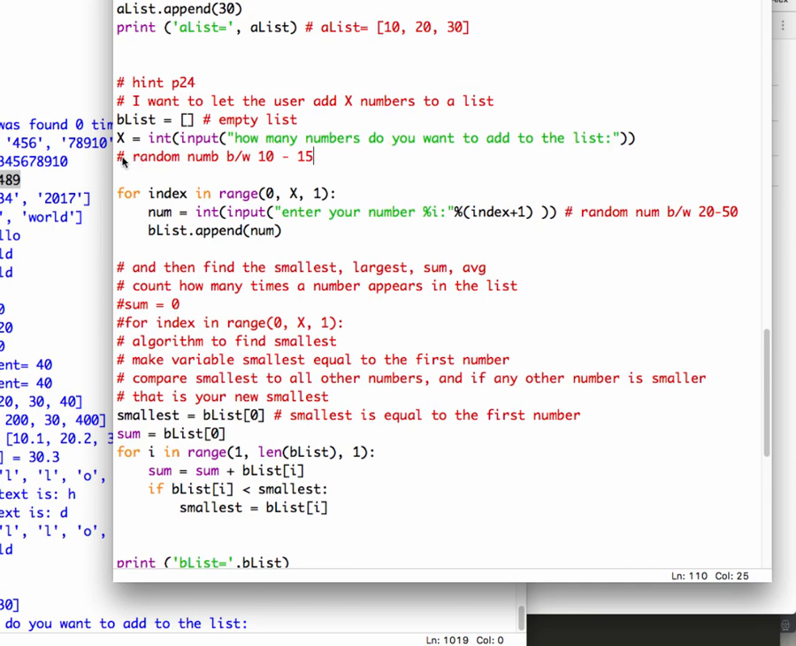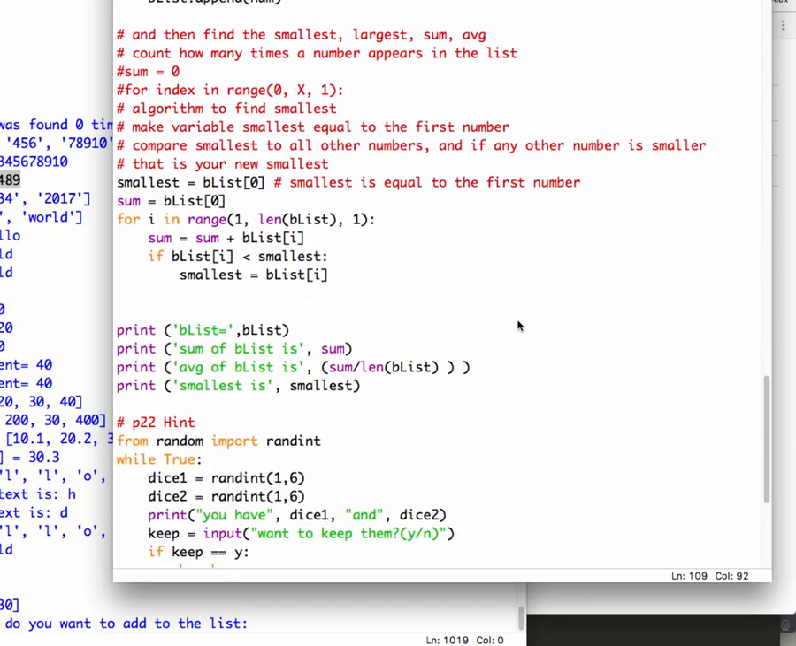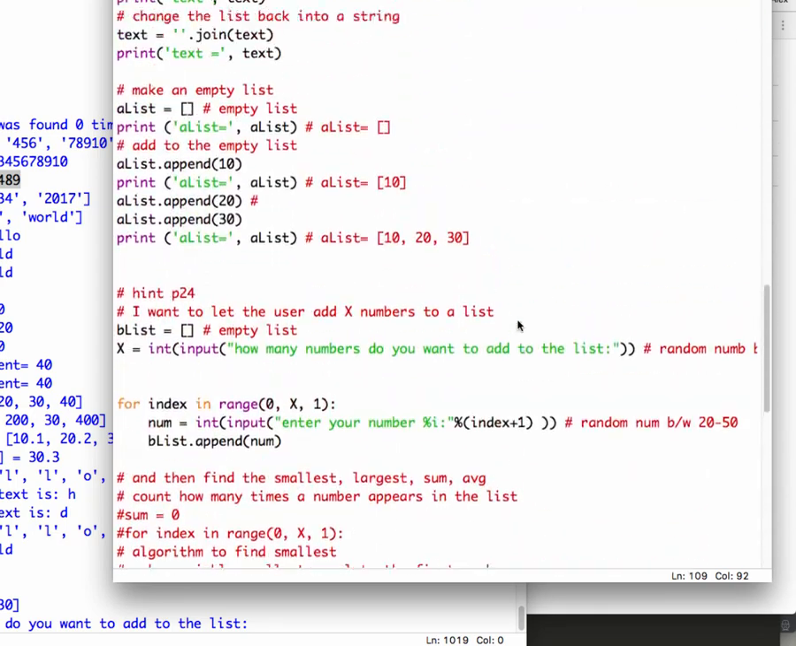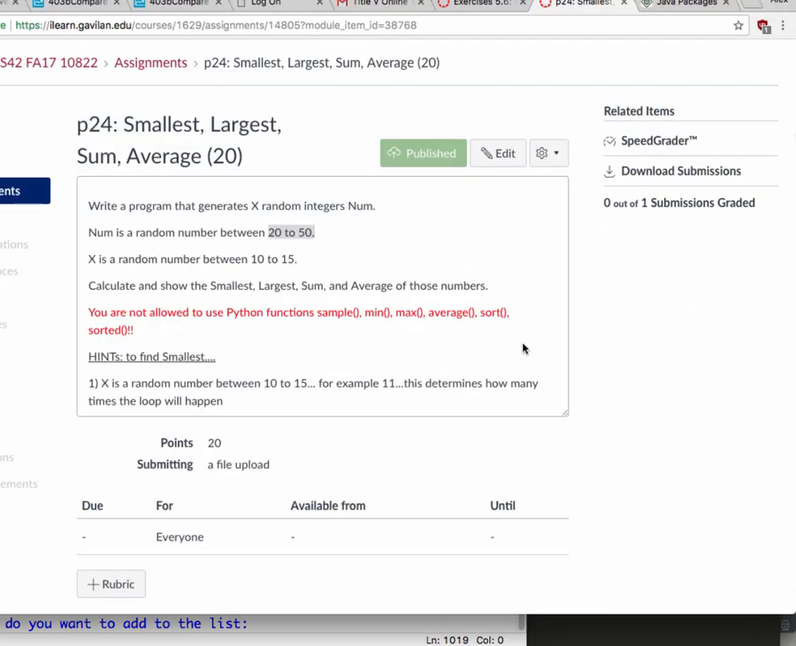And again, don't rely on my hints too much, because I am holding your hand a little too much. I'm babying you too much. So that's the 22, 23, 24 hints. Next one,